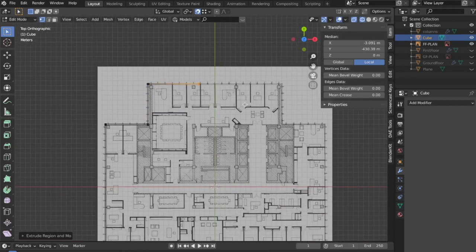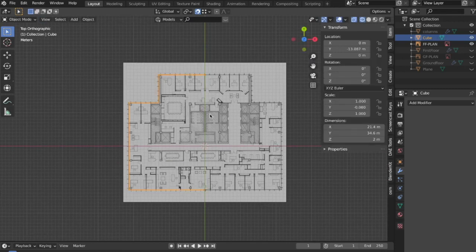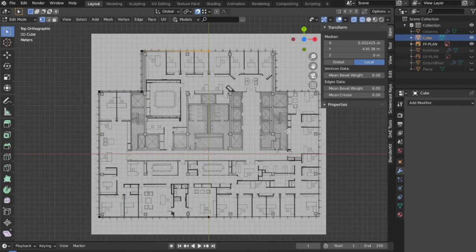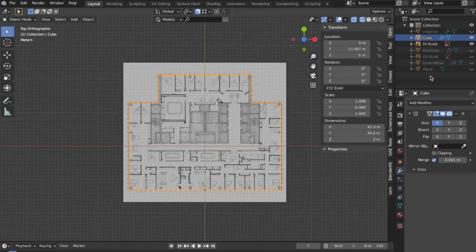I'm going to extrude it, and then again I'm going to snap it to this over here. So we have made this half over here, and I'm just going to mirror it over here, and I'm going to name it as curtain wall.